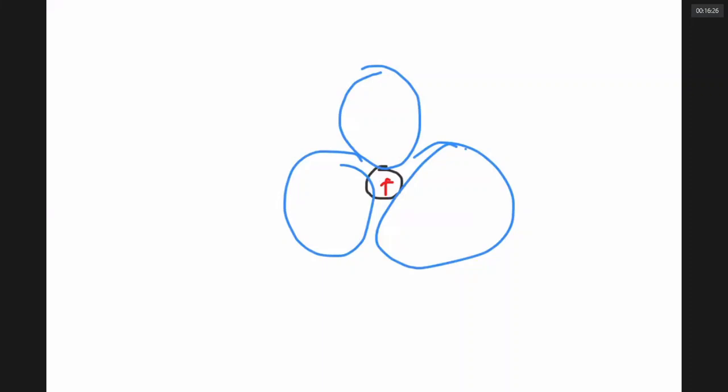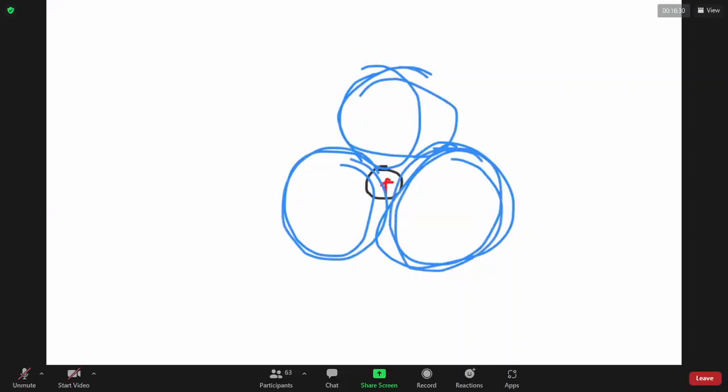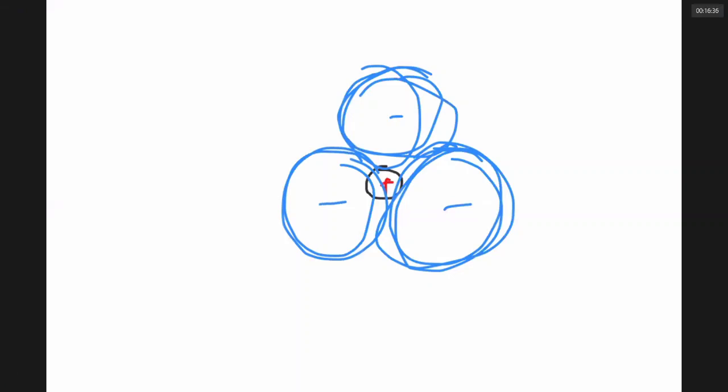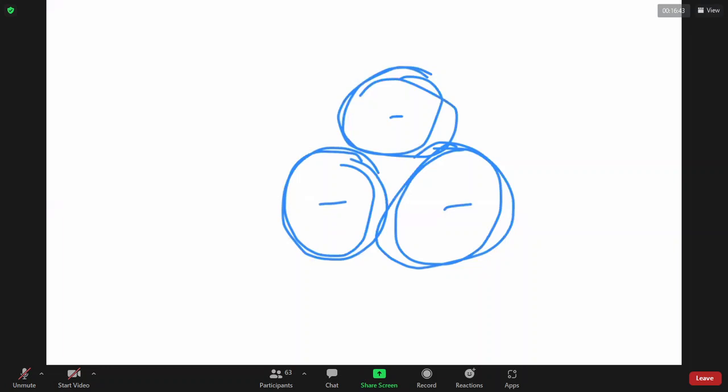The size of this positive ion should be such that the negative ions are just allowed to come close, but they should not really touch each other. If they touch each other, they will repel. Now, if the size is too big, let's erase this black one. Now, the size should be such that it will just allow them.